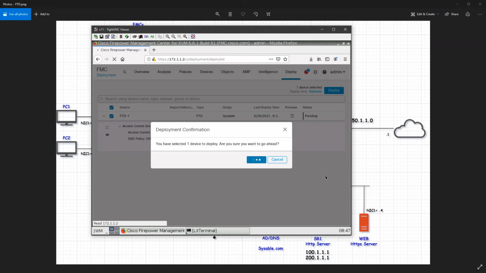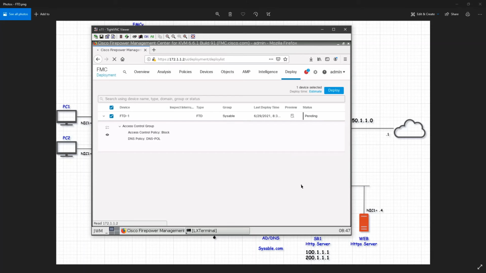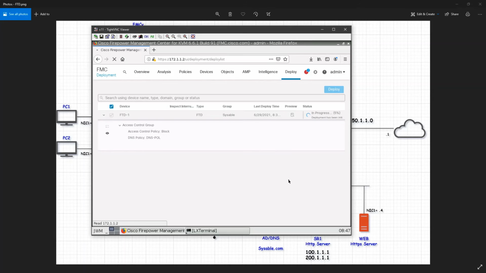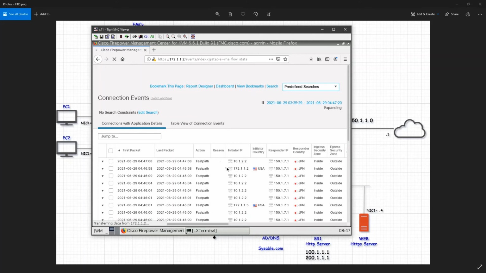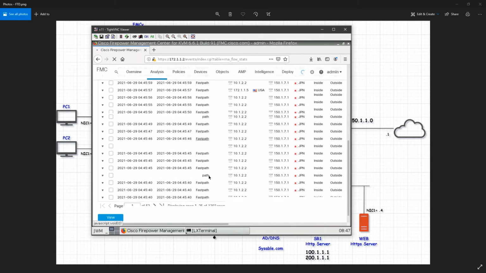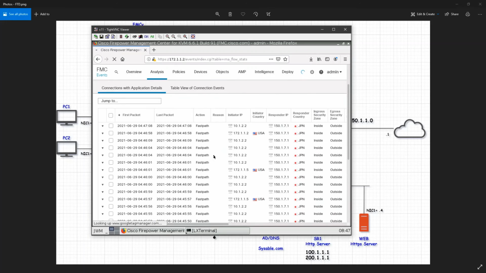And now if you remember, in the last video we did the security intelligence and created the access policy. So some of the events have been generated, so where can you see those events? So go to analyze and events. This is where all the events will be shown. So these are connection events. When I go to analyze and events, these are all connection events.